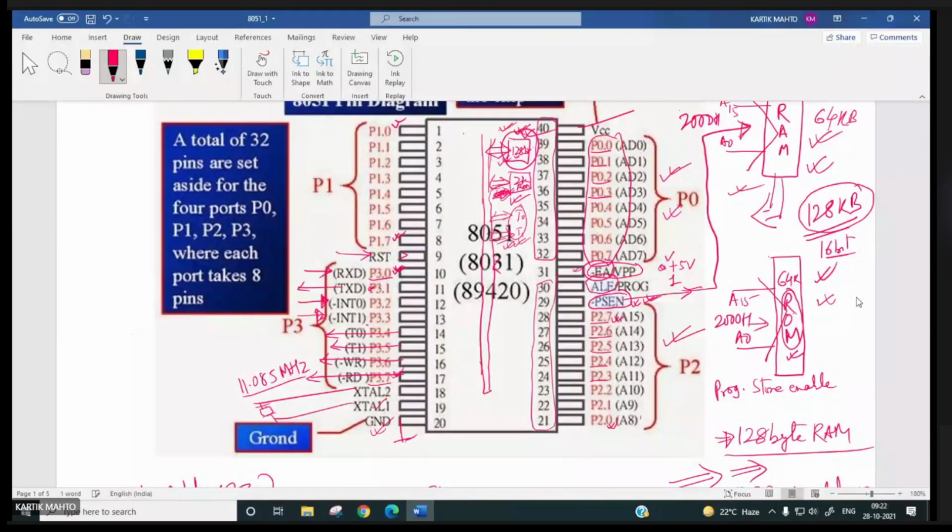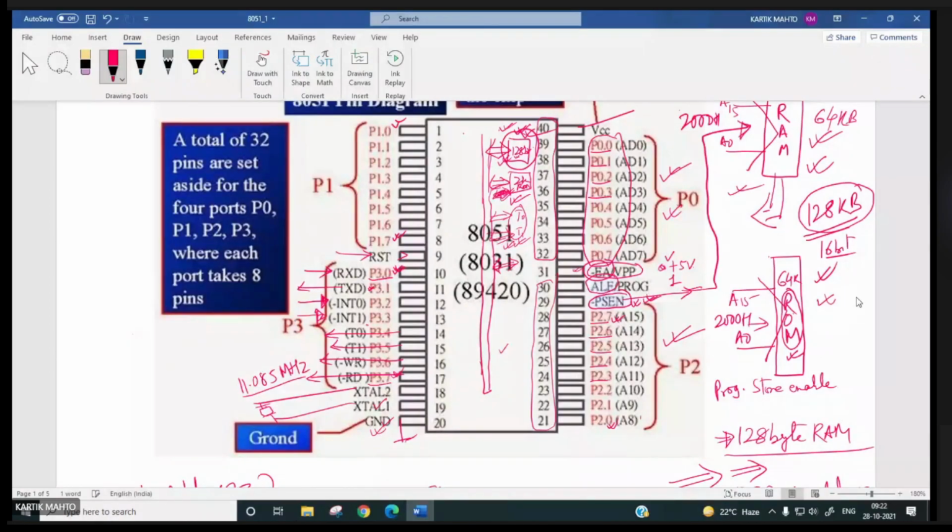Otherwise, if it is connected to plus 5 volt, then it is not going to access the external memory. Whatever execution and processing it will do, it will do with the data from internal memory only, right?